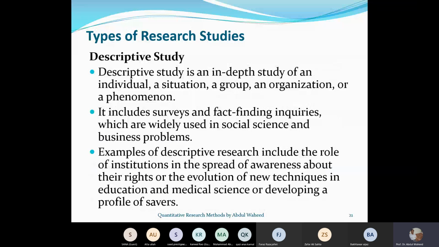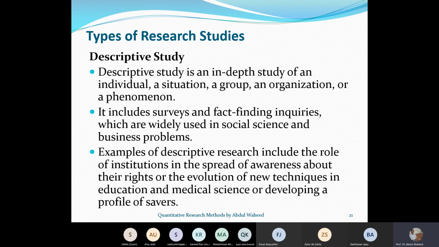We can do descriptive study for an individual, and there is research on Quaid-e-Azam Muhammad Ali Jinnah. There is research on different personalities. Okay, so it means you will do some in-depth study of that individual, and then you will describe